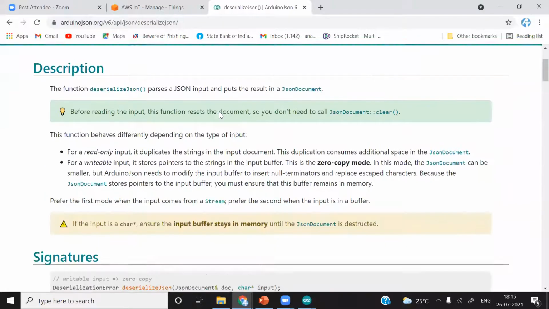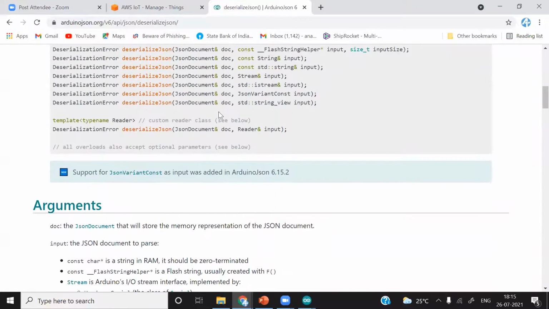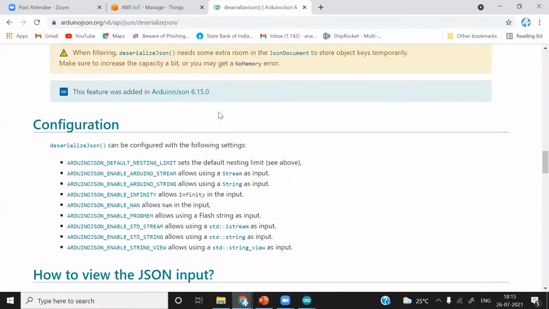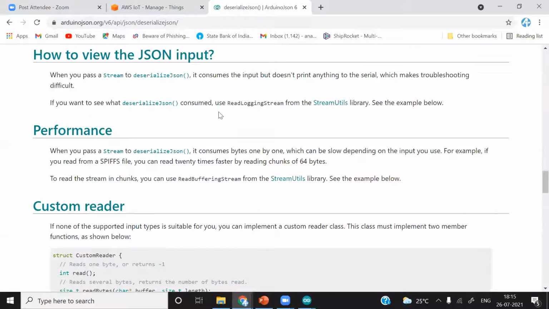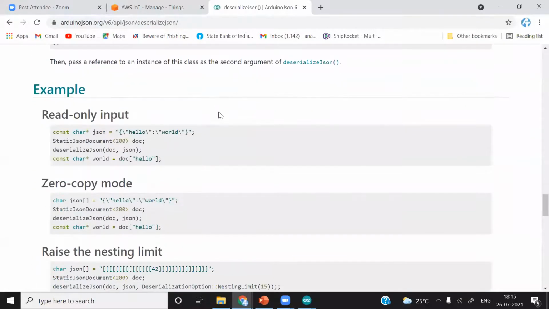Deserialization JSON. Over here, you will find some examples also. See here, there is one JSON document, and to deserialize it into a normal string, we use a constant char pointer, you can see here, world, and we are reading doc.